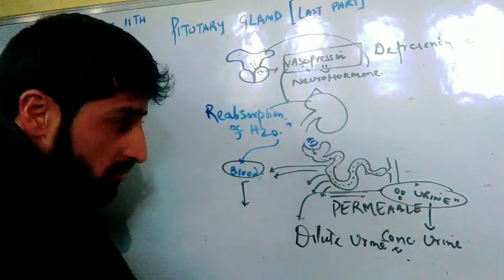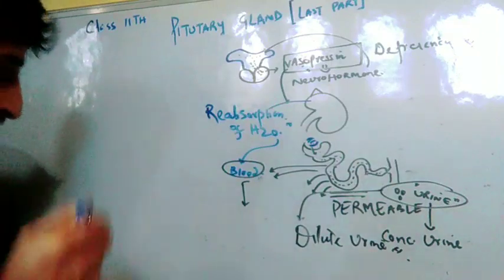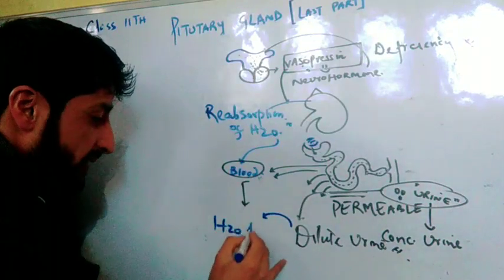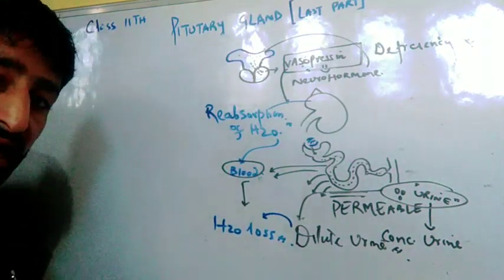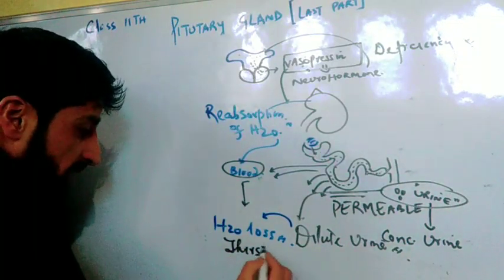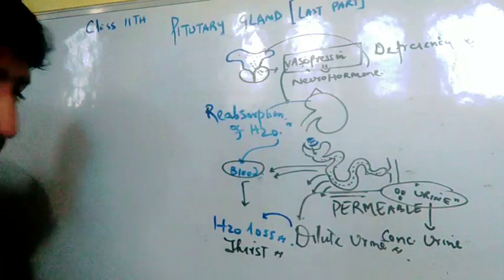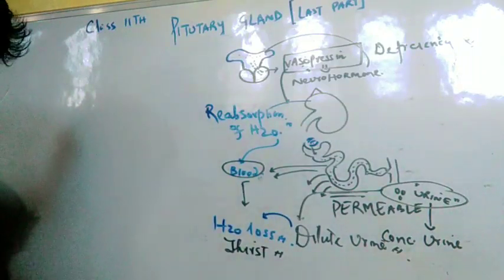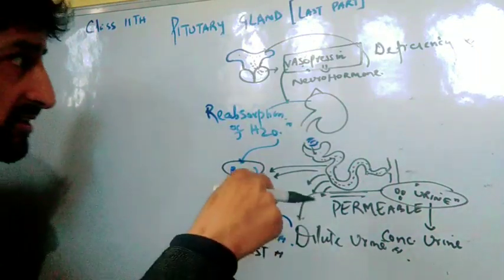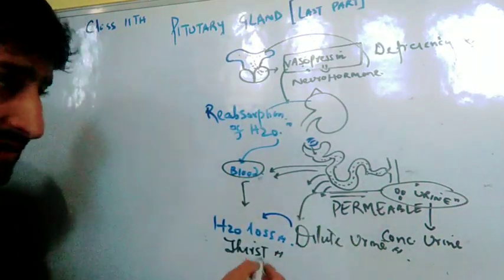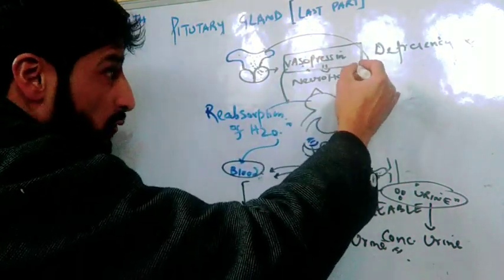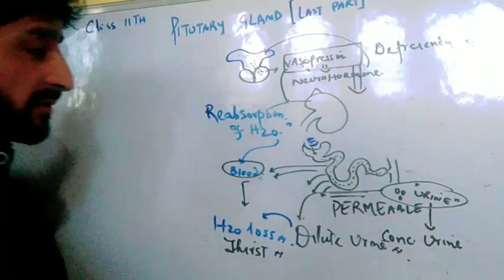Not only will the persons produce dilute urine, at the same time, this means that there is excessive water loss from the body. When there is excessive water loss from the body, then there will be thirst, dryness of mouth, there will be polythirst, you will feel more thirst. Now, when more and more water is discharged out along with the urine, at the time when there is deficiency of vasopressin,